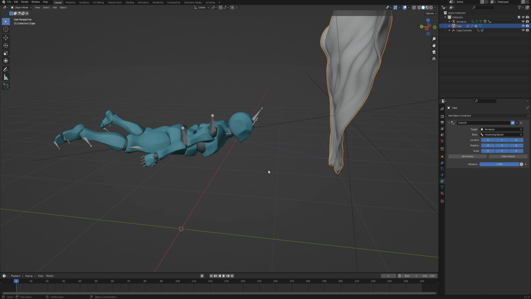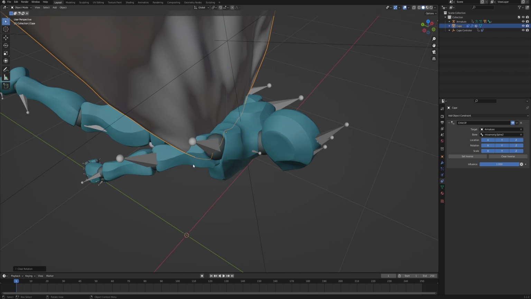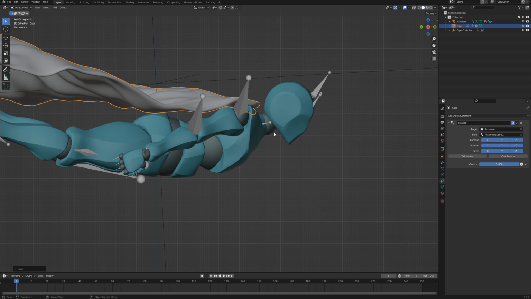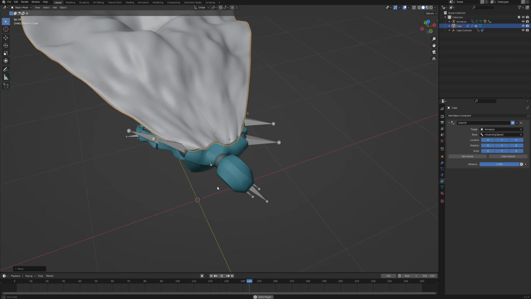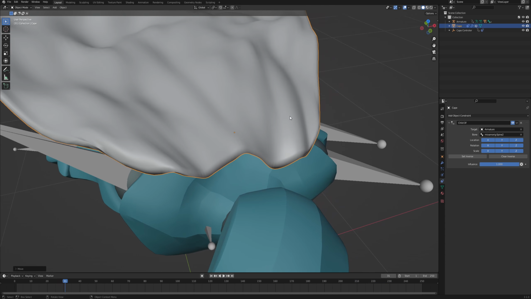So in order to quickly fix that, just hold Alt and click G to reset its location, and then it should snap to the bone that it's following, and then we can just go to the side view and position it and rotate it so that again it fits our character quite well. And with this done, we can play the animation and we can see that the cape is now following the character. It is clipping for me right now, so I will just adjust those vertices,